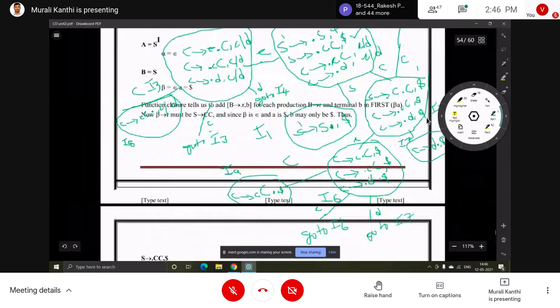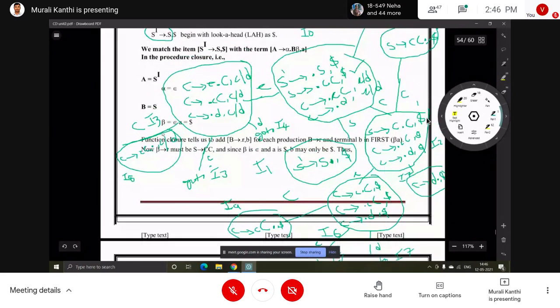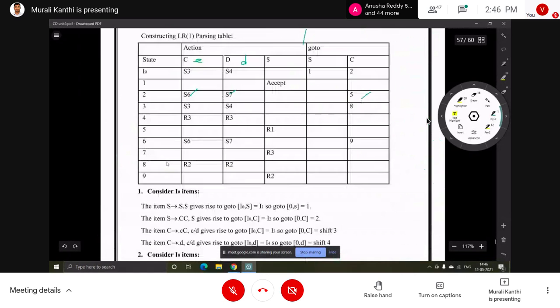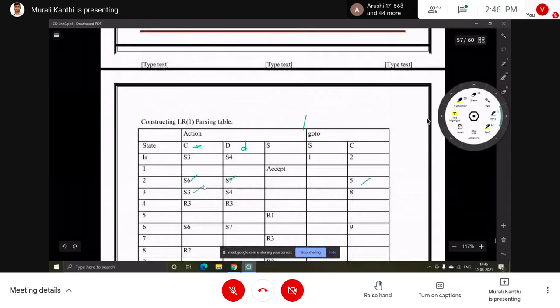Next to I3. Where is I3? Yes, this one is I3. Here with capital C, I8, so we write 8. With small c, S3, with d, S4. So S3, S4, 8.